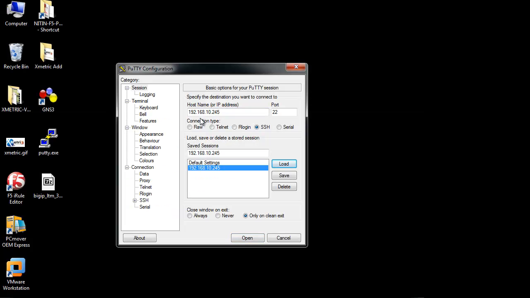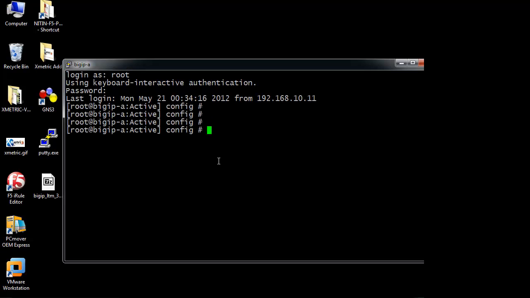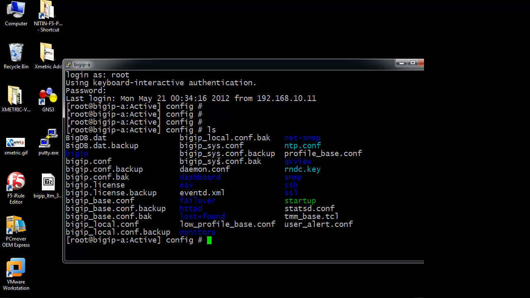Let us log into the F5 by using SSH 192.168.10.245. Port number is 22. Open. Root is the default username, and the password is default. Now we are in the config directory. You can type ls. These are the files which are available in the config directory.